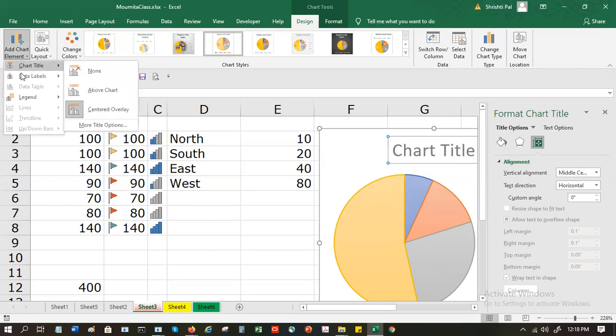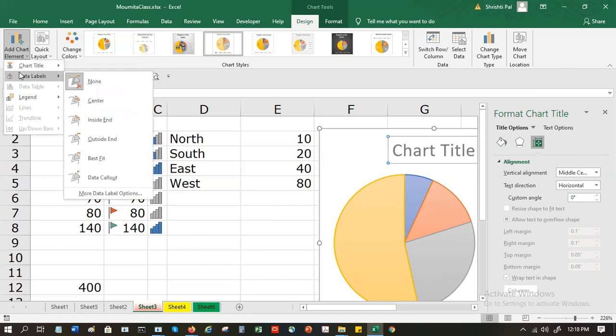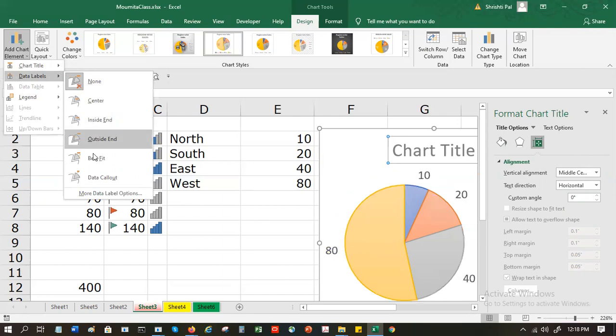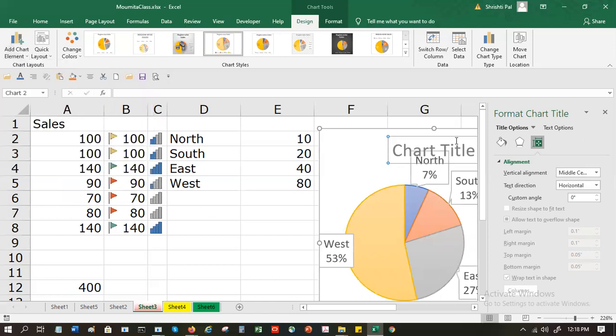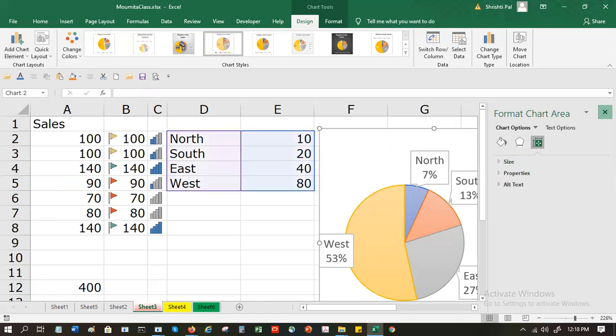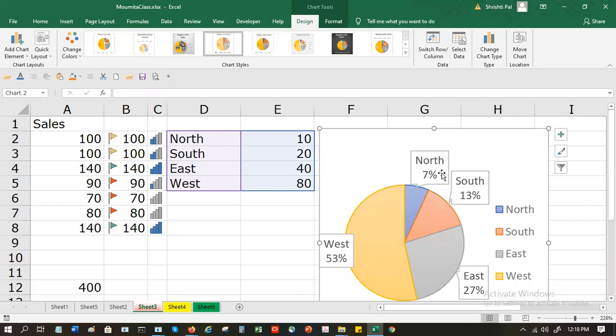Then these are the data labels. Data labels are the individual ones. So it can come as a call out. A particular style type was not there in these chart styles. So this one I am adding from the add chart element.